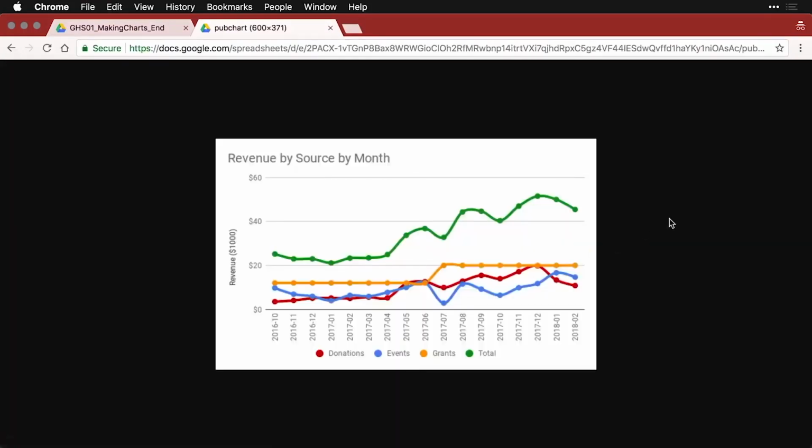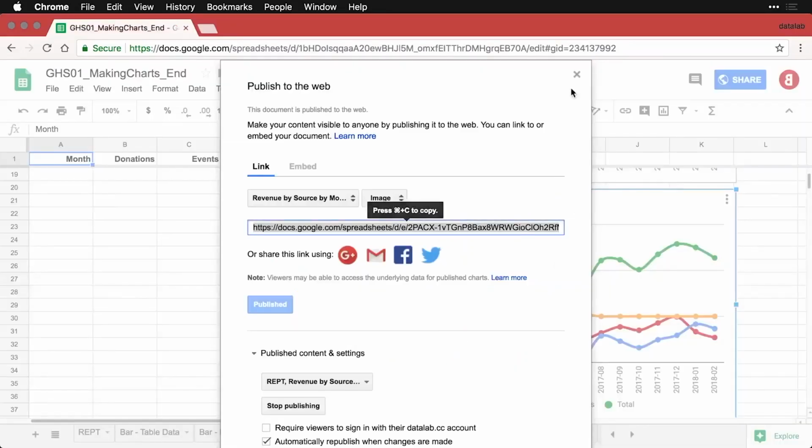And now you can see it's a web page. It's up here on docs.google.com. And it's a little fuzzy because it actually is low resolution. It's about 500 by 300 pixels. I don't know why it's that small, but it's available to people, and people can copy this URL and have access to the document. Now I want to go to a third choice,